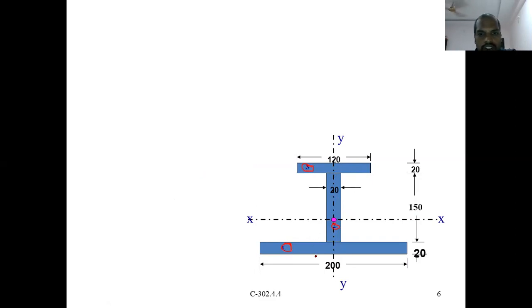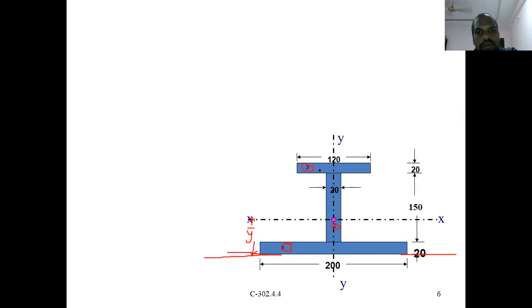Right, so what is the area of A1? A1 is the area of the bottom flange. First of all, for our centroid calculation, we have to decide the reference axis. Let us say the reference axis is this one, the bottom of your bottom flange. This is the reference axis, and the centroidal axis distance from it is y bar. We call it y bar. We have to first calculate the y bar.